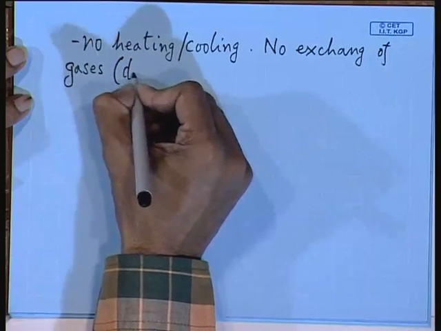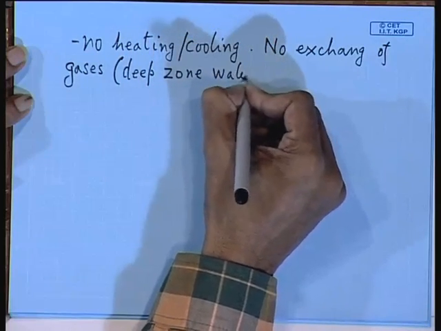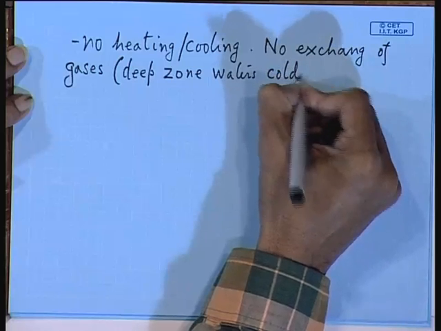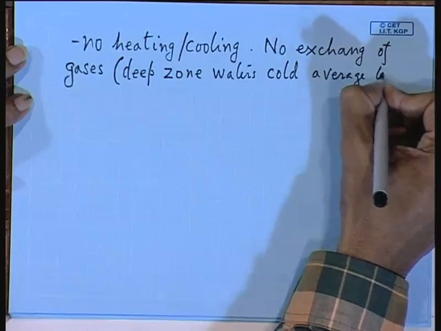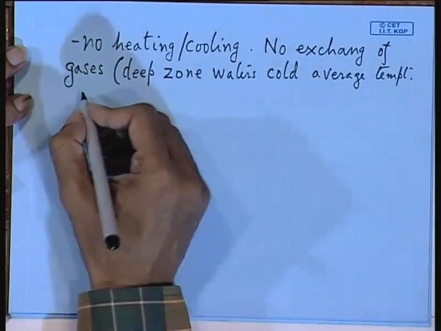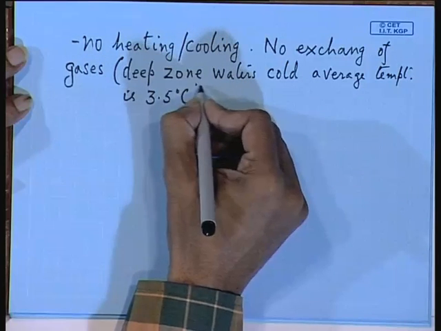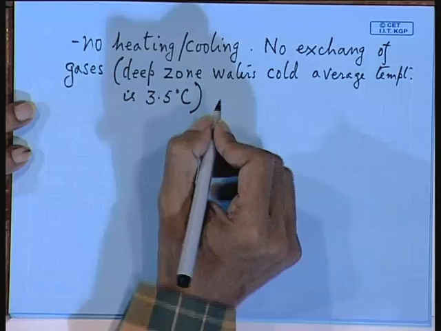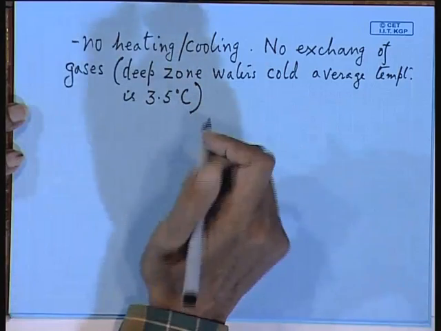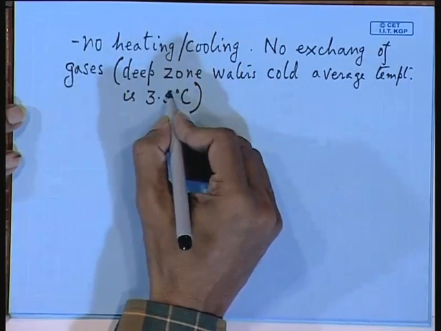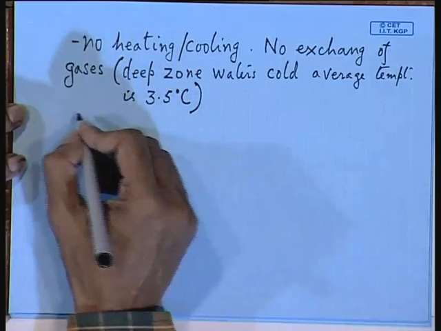Deep zone waters are cold. Average temperature is 3.5 degrees centigrade. Surface water temperatures can vary from minus 1.7 degrees centigrade to as high as 30 degrees centigrade near the equator or the tropics. But deep zone waters, because they are unaffected by the surface zone, you will find mainly around 3.5 to 4 degrees centigrade. Now, another characteristic is